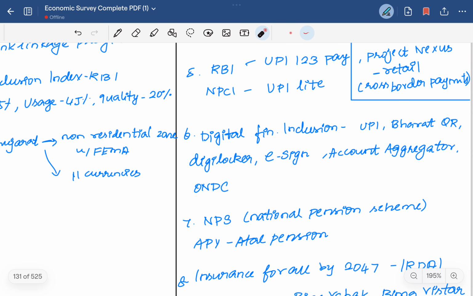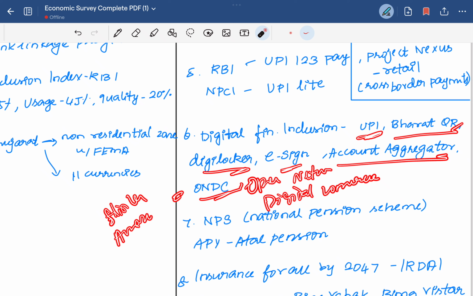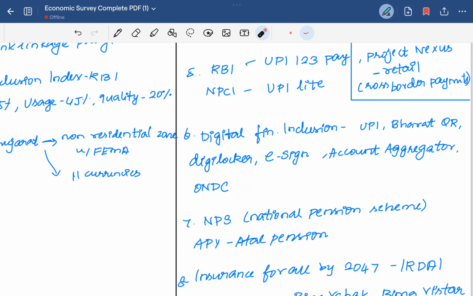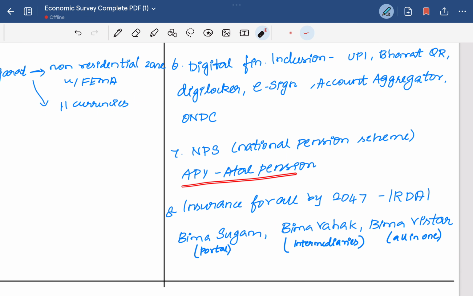Then the digital financial inclusion, some of the measures have been taken for the digital inclusion of the public: the UPI Unified Payment, Bharat QR, then the DigiLocker, eSign, account aggregator, then the ONDC, Open Network for Digital Commerce. It's like basically the Flipkart or Amazon which are in the market. To counter this, it's like an Indian product where the retailers and the sellers and the consumers can directly post their products, and it can boost the local economy. Then the National Pension Scheme and the Atal Pension Yojana